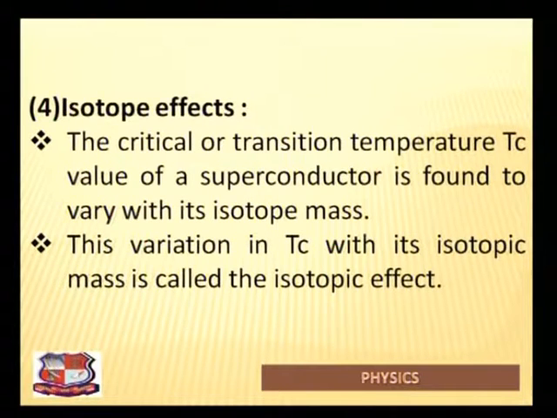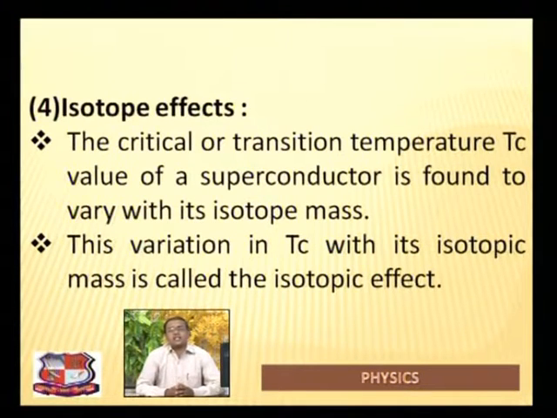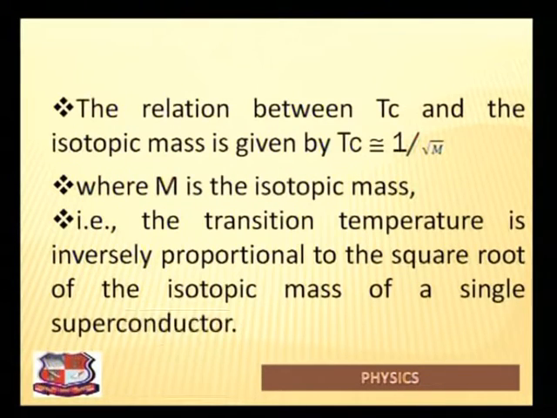Isotope effect. The critical or transition temperature Tc of a superconductor is found to vary with the different isotopes. And the relation between the transition temperature